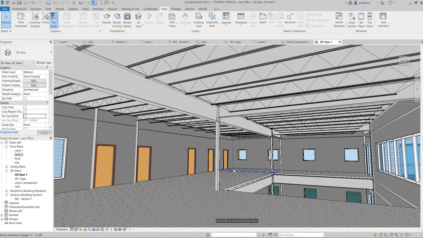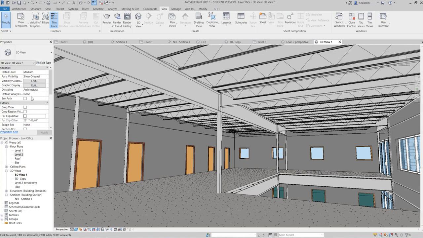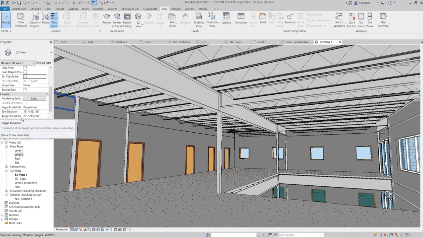And the last thing I want to mention here is in the Properties Palette, when you add a camera, you can see we have the eye elevation and target elevation. The eye elevation is the height of your actual eye level that you are seeing right now.